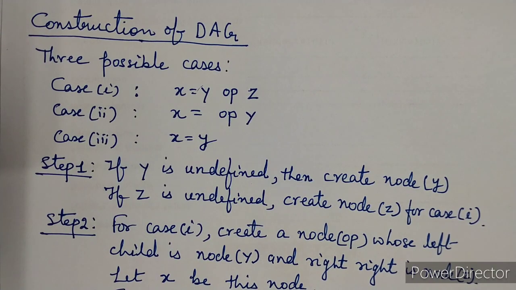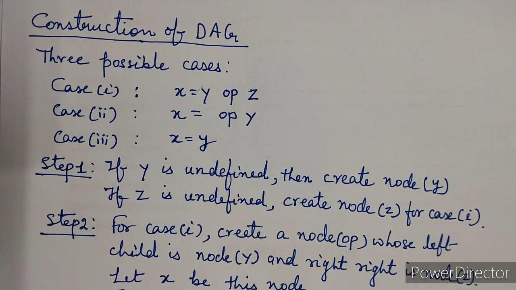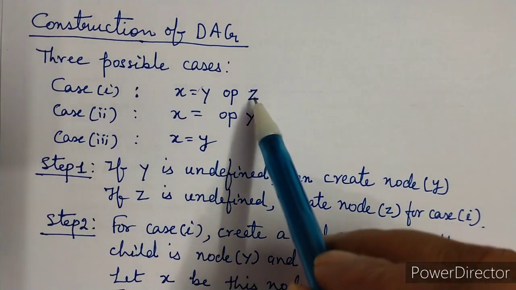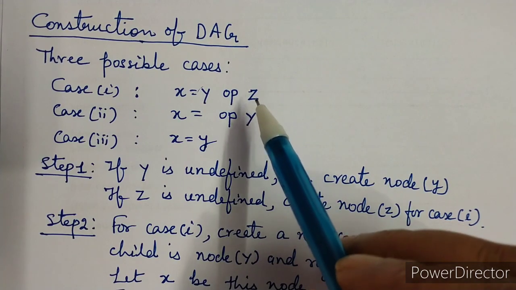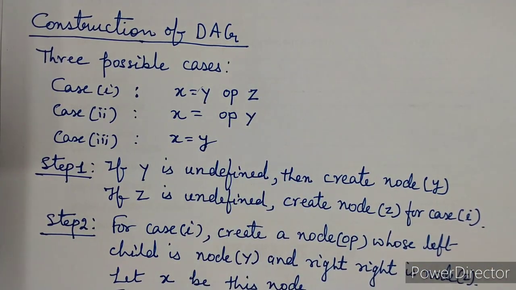Step number 1 is saying if y is undefined, then create node y. अगर y अनडिफाइंड है मीन्स y के करस्पॉन्डिंग कोई नोड नहीं है तो उस केस में हमें y के लिए नोड क्रिएट करना होगा. The same way, if z is undefined we have to create a node z for case 1, because z is only used in case 1, not case 2 and 3. ओके,